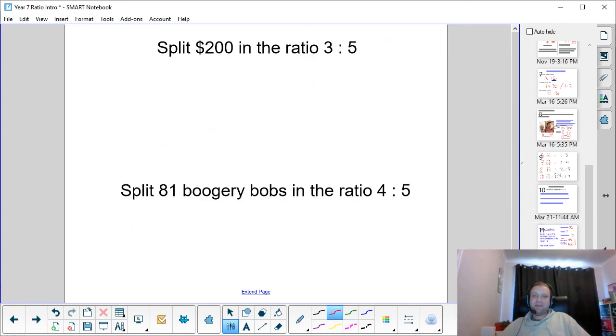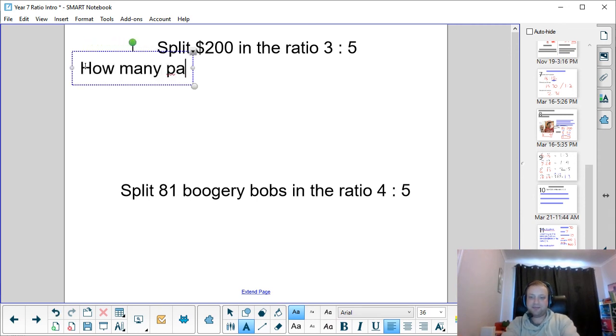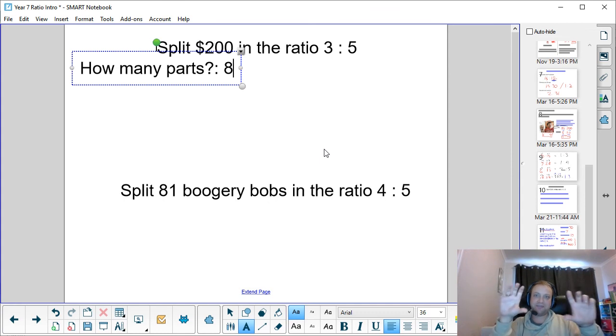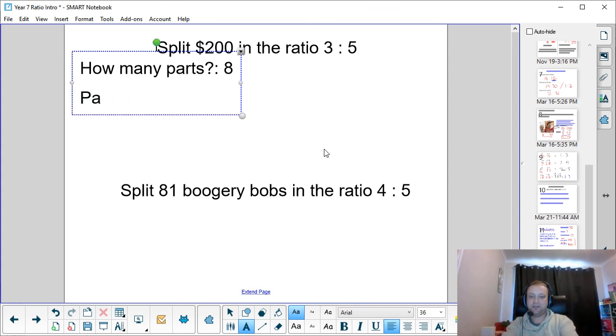So again, with these 2 examples, we're being asked to take an amount of something and break it up into just a few parts and put some parts here and some there. So you really need to follow this structured process and think about how many parts there are, right? So how many parts? There's 8 in this one, right? 3 parts on the left, 5 parts on the right. It means we're splitting our $200 up into 8 different sections before we hand them out. All right, so a part is worth whatever 200 divided by 8 is. So that means each part is going to be worth